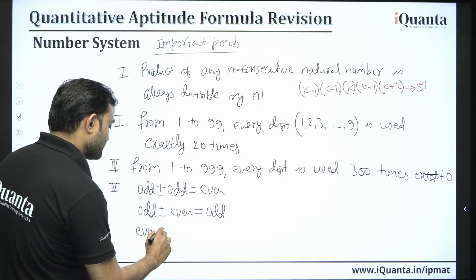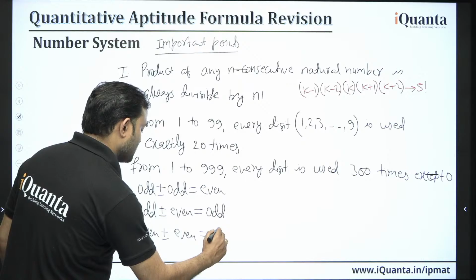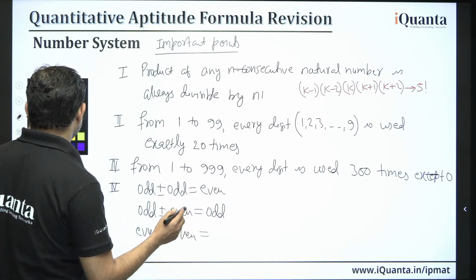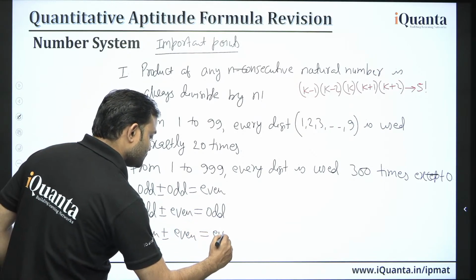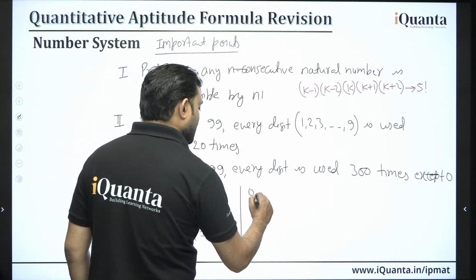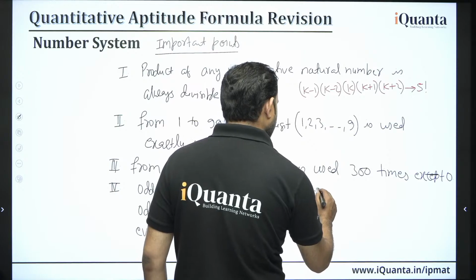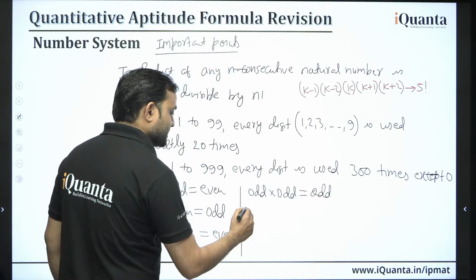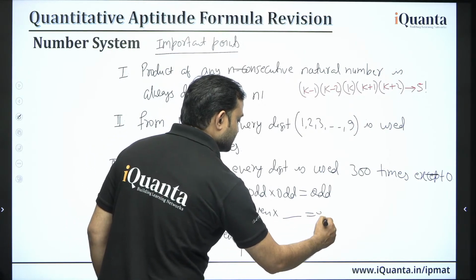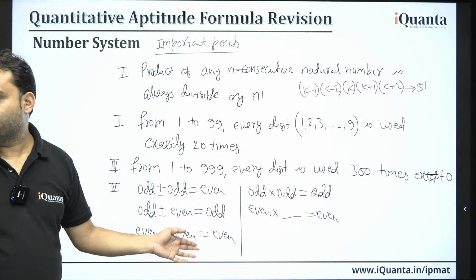Even plus minus even will always be even. And if we consider the product, odd into odd will always be odd. But if we take even into anything, it does not matter, it will always be even. Even into odd is even, even into even is even. Okay,